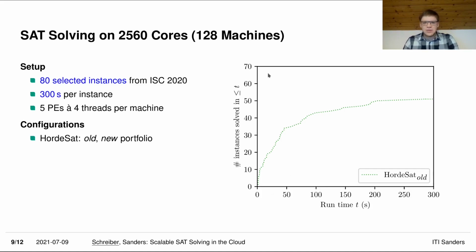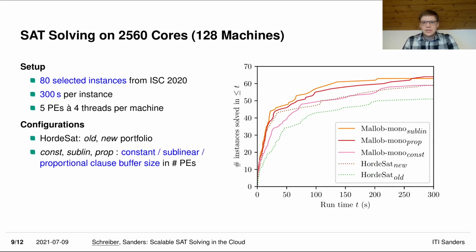So here again we have the number of solved instances given a runtime per instance, so higher is better. Here we have a baseline which is just the original Hordesat, with a couple of bug fixes. Then here we have the new portfolio which Mallob uses as well, and we can see that this brings a lot of improvement. So this portfolio update is really beneficial. And then here we have 3 configurations of Mallob. The first one, Mallob monoconst,